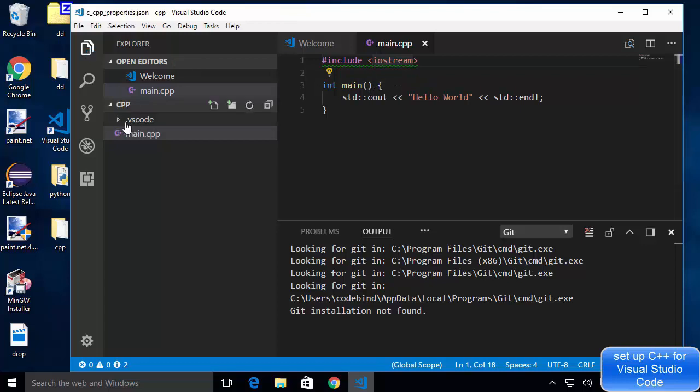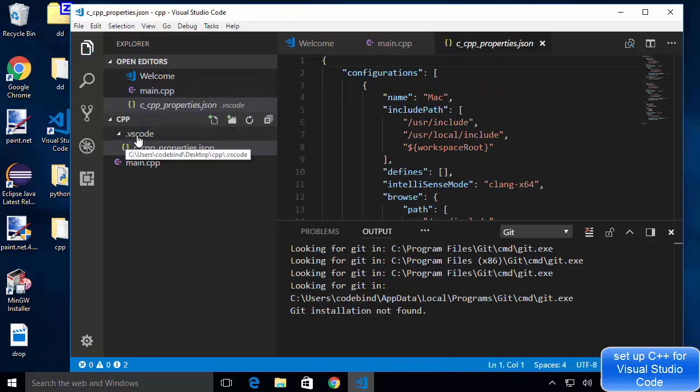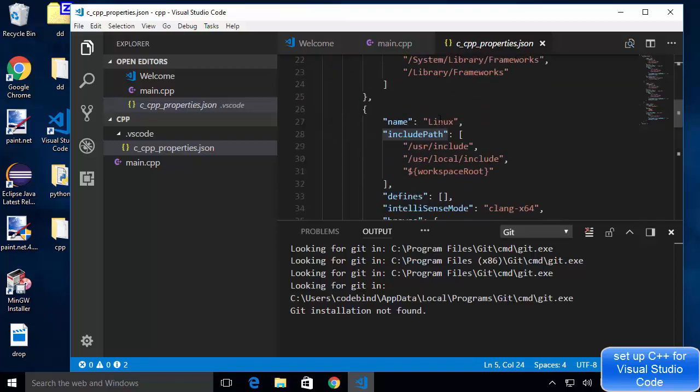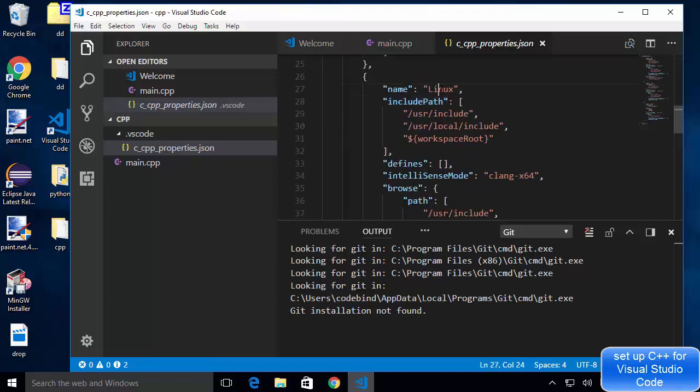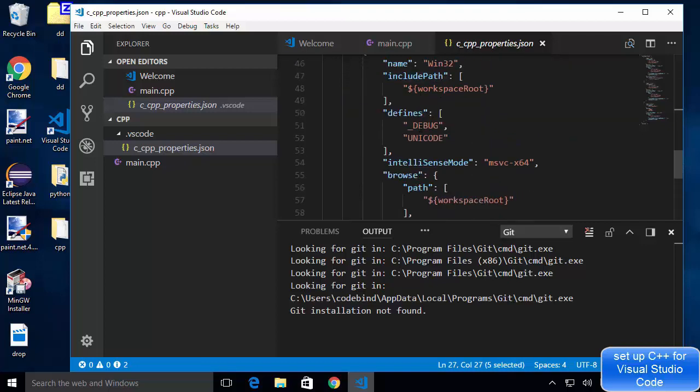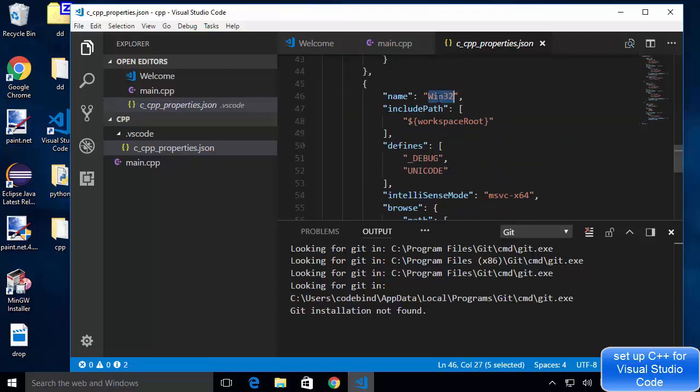Once you do this, you will see a folder created here called .vscode, and a new file created here called c_cpp_properties.json. Here are all the include paths, which are the default include paths for every OS, for example macOS, and when you scroll down there will be the option for Linux, and in our case the option for Windows is valid for us, right?